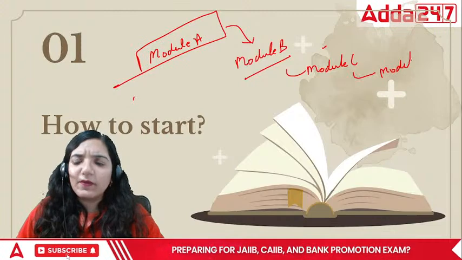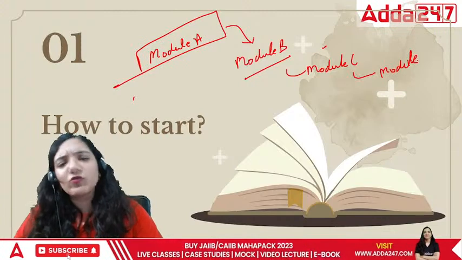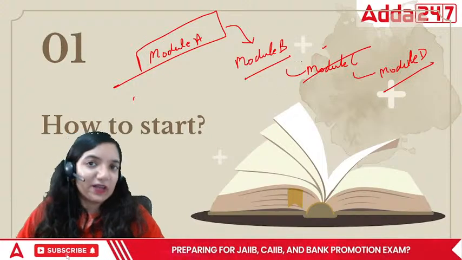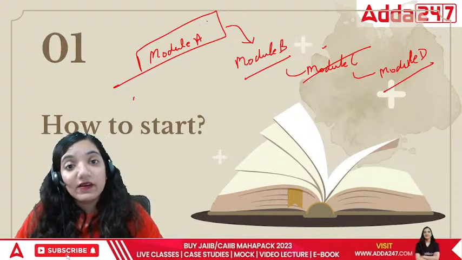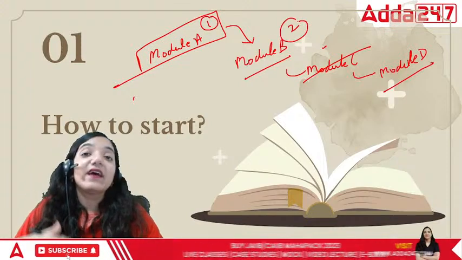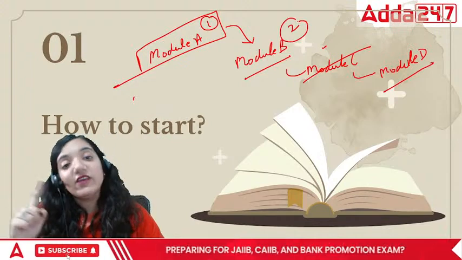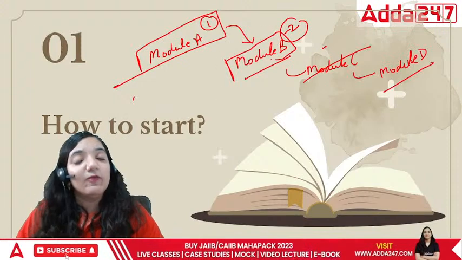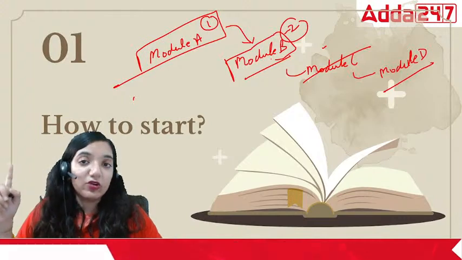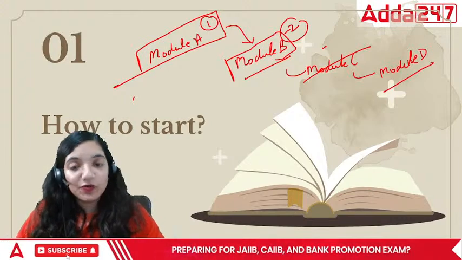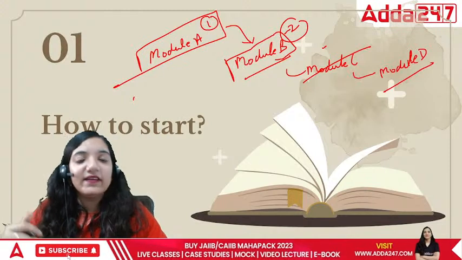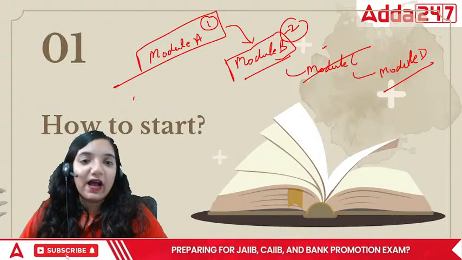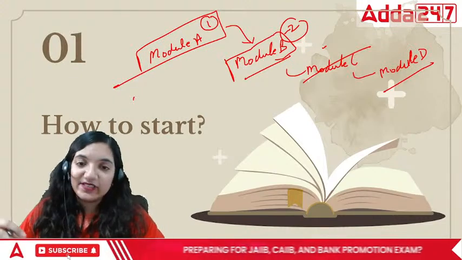You can also take up module C after module B, or skip directly to module D as well. That is your call because these modules are not that much related to each other. But module A and module B are interlinked to an extent that only if you understand module A will you be able to grasp module B. Without module A, you cannot learn module B, right? So one of the most important things to understand is that module A is the foundation. The other modules are higher and more advanced according to this syllabus, right?